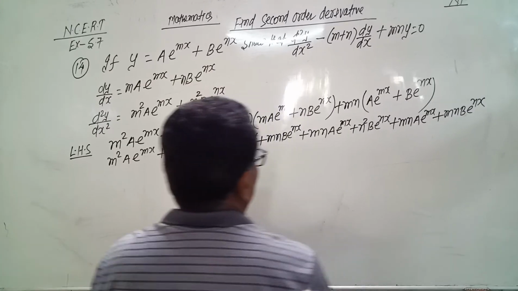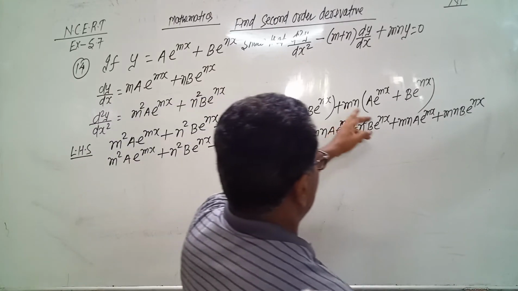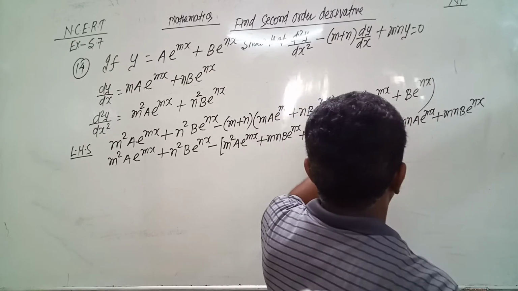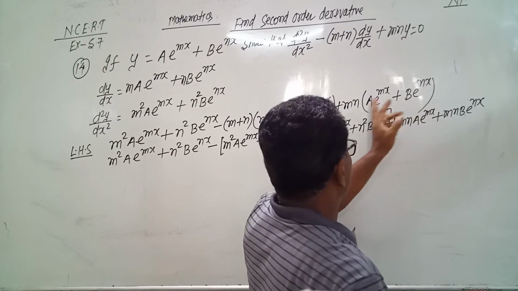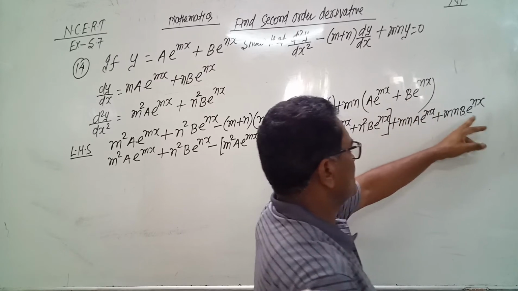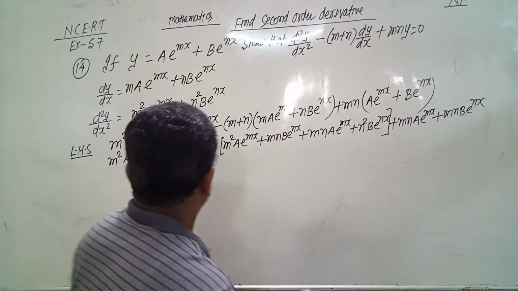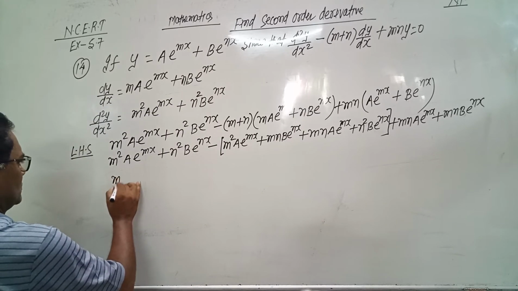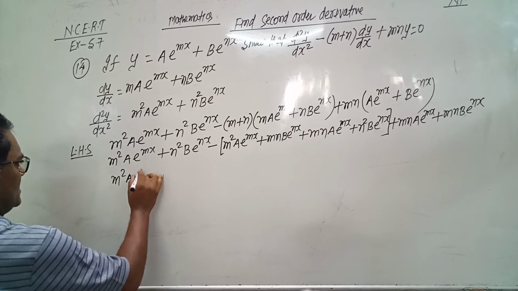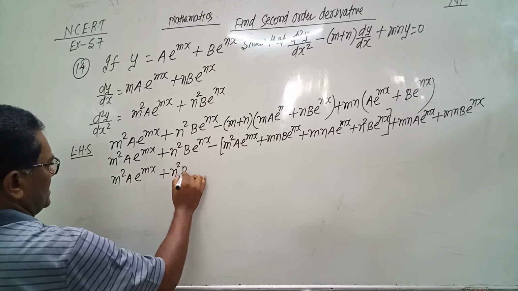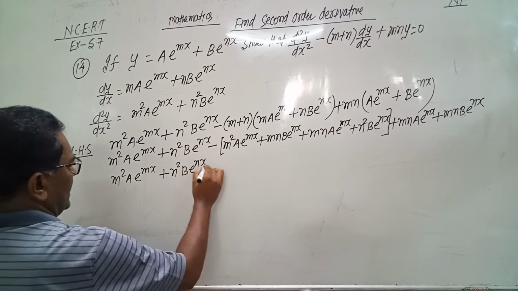mna and bracket is mna e raised to the power mx plus mnb e raised to the power x. Now we remove this bracket. So n square a e raised to the power mx plus n square b e raised to the power mx